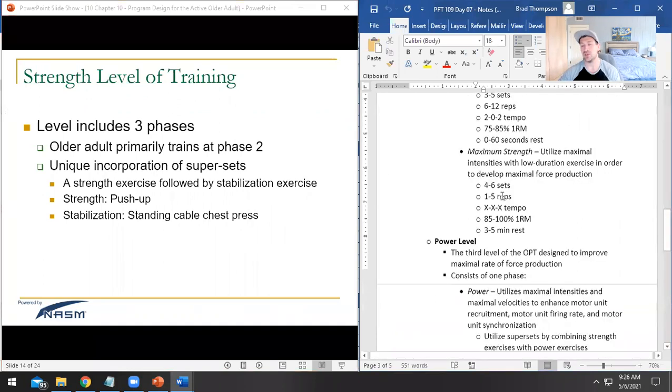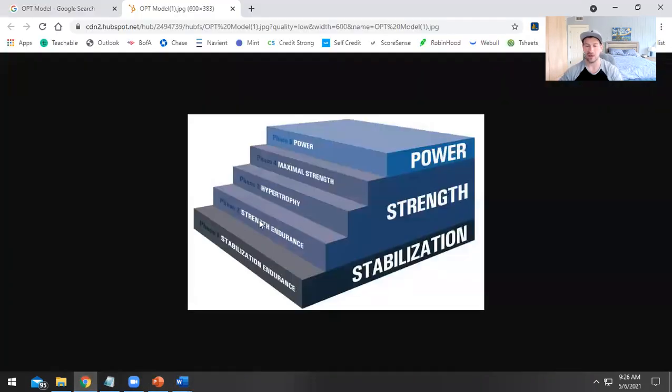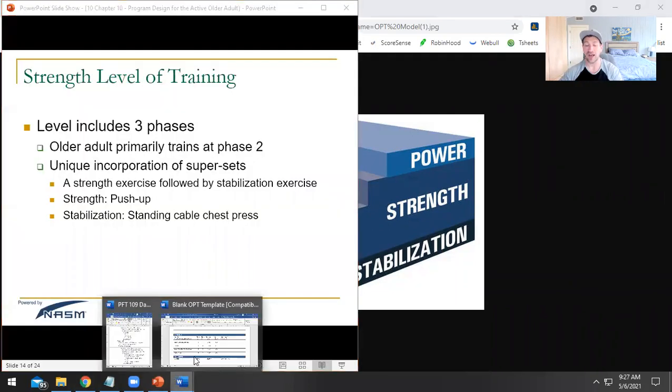So then we get a client who's going to move into the maximum strength phase, right? And so max strength, if they're moving up the OPT model, they've worked their way through endurance. Now, we've noticed that our intensity went from 50 to 70, to 70 to 80, then up to 75 to 85%. So our intensity is climbing as we go up the OPT model. In max strength, we are going to hit maximum levels. That's why it's called max strength. So now our intensity is going to go all the way up to 85 to